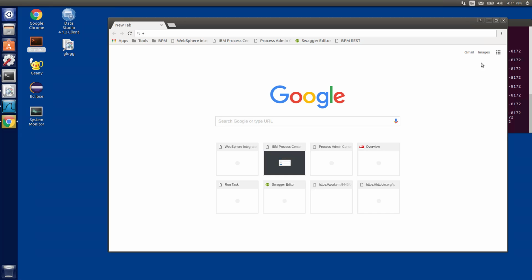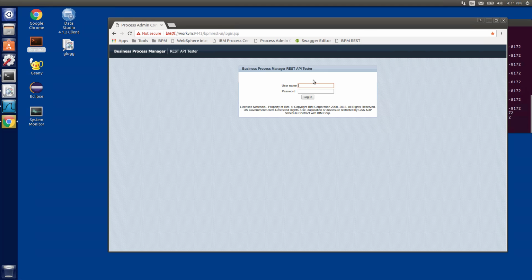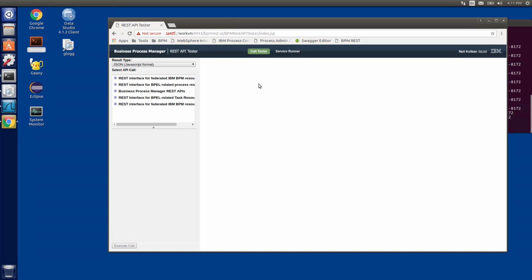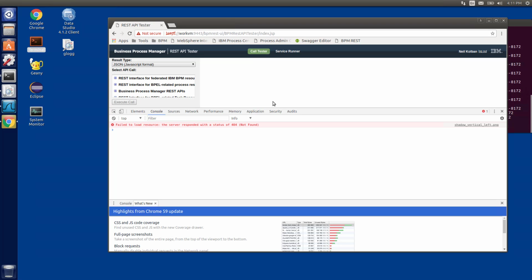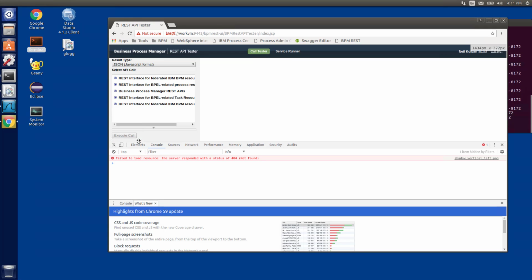You bring up a browser, for example. Here, you make REST requests to BPM, and you can switch on REST-based tracing in your browser. For example, I hit Control-Shift-I, and now I can make a BPM REST request like this one. Let's do a simple REST request, for example,